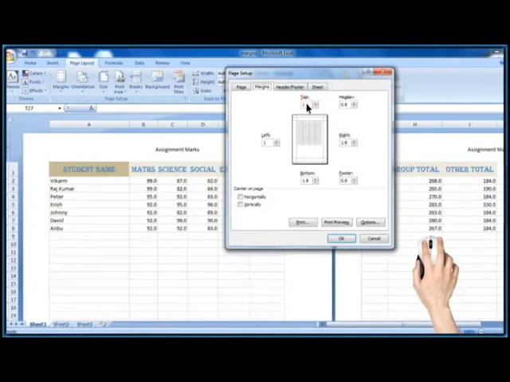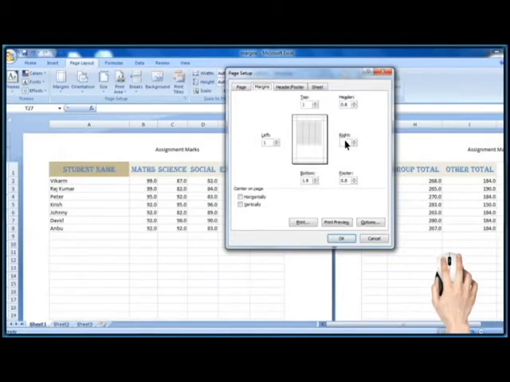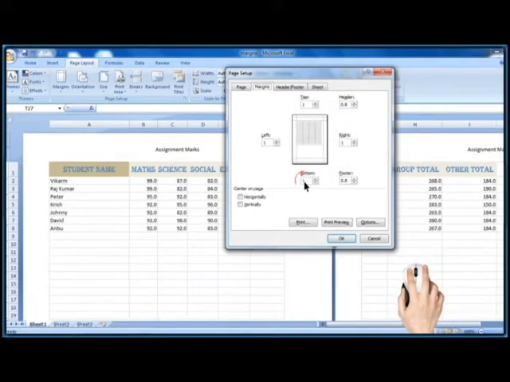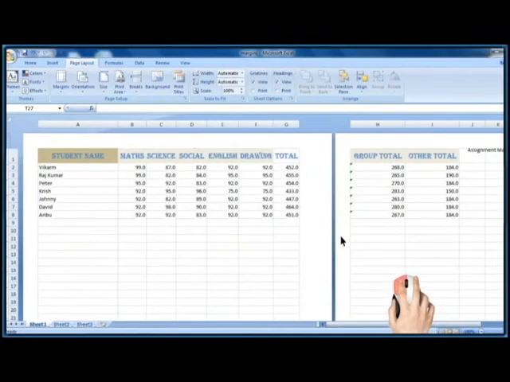Similarly, right margin. And bottom margin also I set for 1. Click on OK button to effect on the page. See, these are the custom margins for your page. In case you are not satisfied with these margins, you can increase or decrease the margin width as you want in custom margin option.